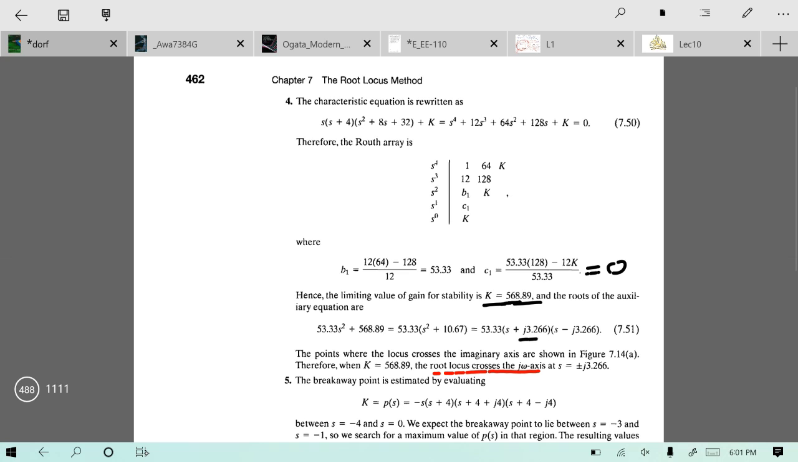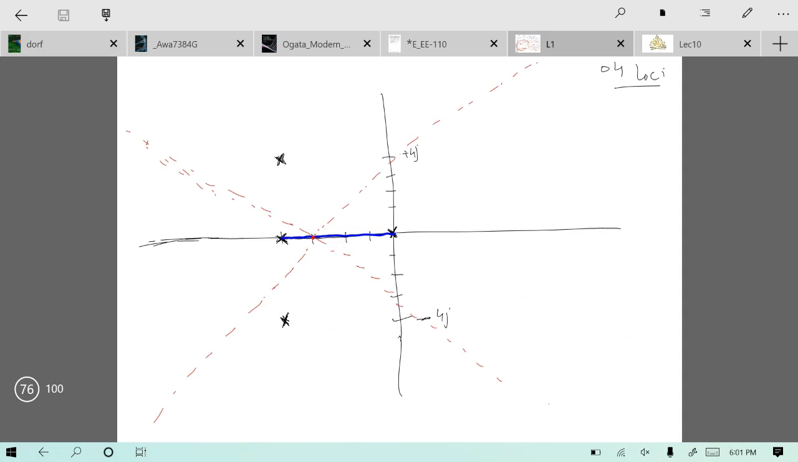So at this point s is equal to minus 3.266j and s is equal to plus 3.266j, your poles are crossing the j omega axis. So let me draw these points, 3.266. 1, 2, 3, 3.2, which will be over here. 1, 2, 3, this will be over here. So these are the points I have identified